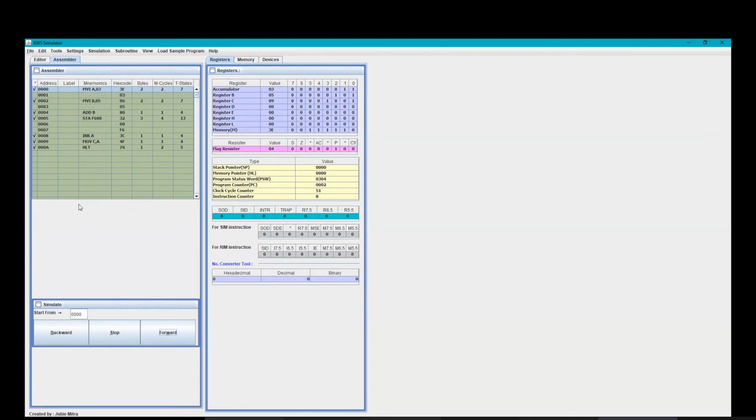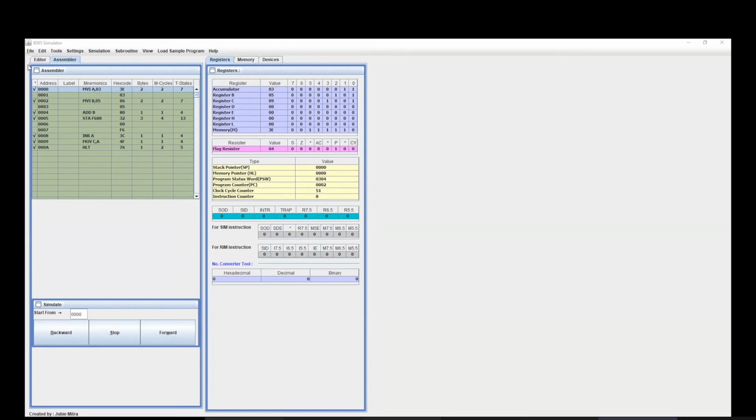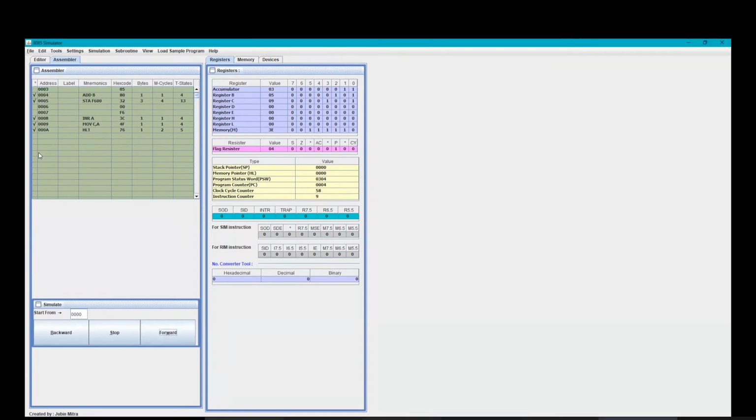Yeah, so as you can see now the control is coming on top. That's the first control, wherein we are moving the data to the accumulator. Next, forward. That's what we read now. Now the data is moving to B. It has already moved, sir. In registers, you can just check your 09 has come.